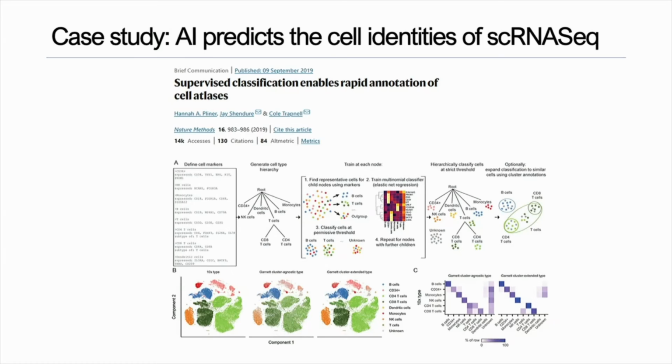As we talked about, AI is also capable of determining the cell identities of single-cell RNA sequencing. So generally when we do single-cell RNA sequencing, we end up with a plot that looks like this. This is what we call a t-SNE plot, a plot of all of the individual cells. Each one of those tiny little dots is a cell. It reduces the dimensionality of the 17,000 genes that you've sequenced